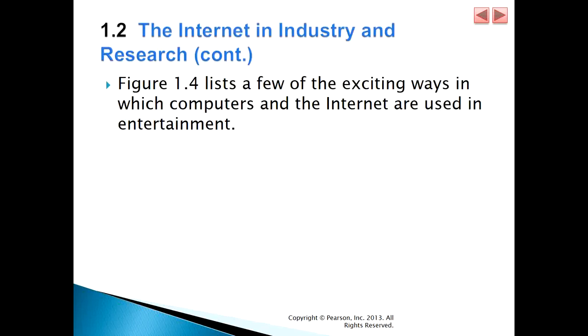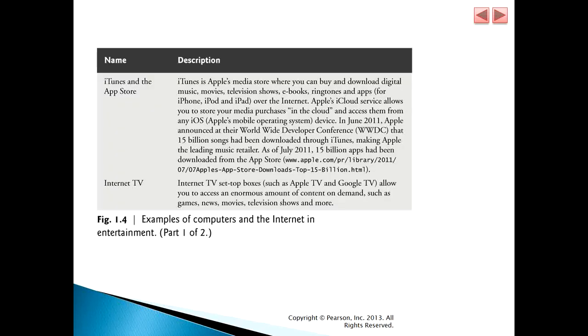Also, computers and internet are used in entertainment. In iTunes and Apple Store, there's a lot of digital music, movies, TV shows, and ebooks that people can actually download or watch online. And internet TV also, this is what you call the set-top boxes, such as Apple TV and Google TV. This allows people to actually access and watch a lot of content on demand, sometimes for free, sometimes for paid